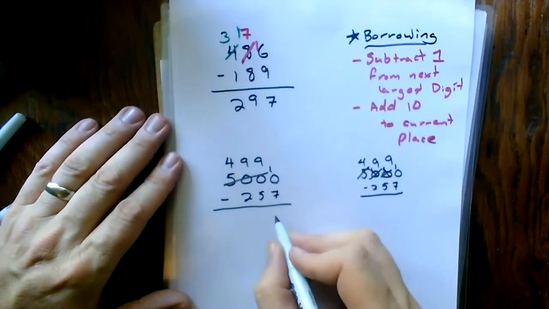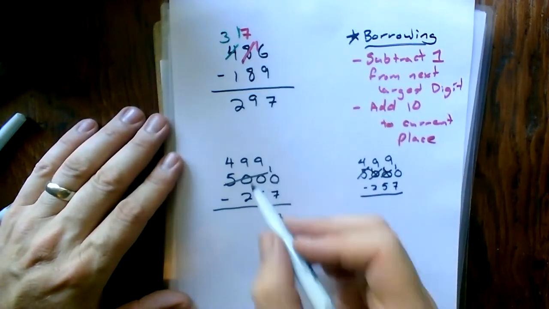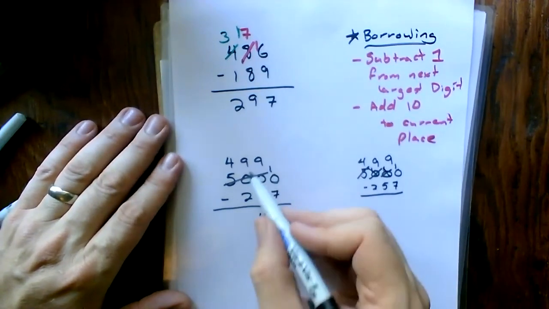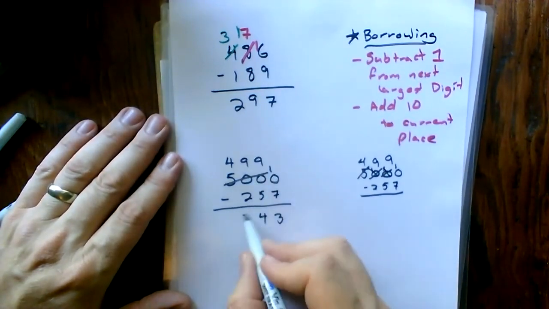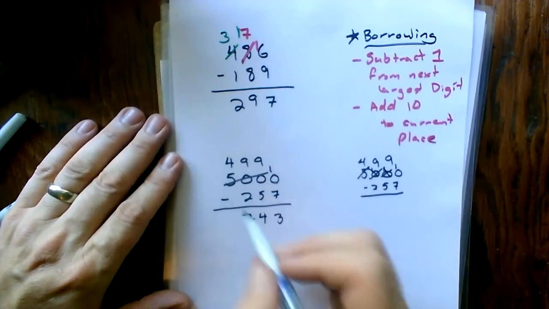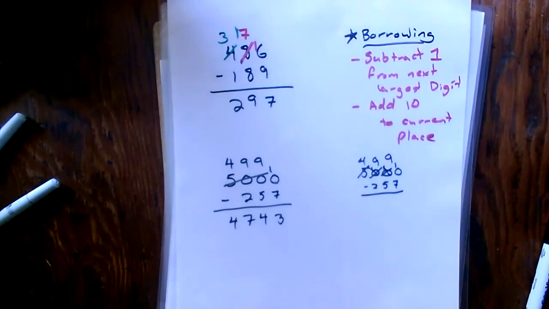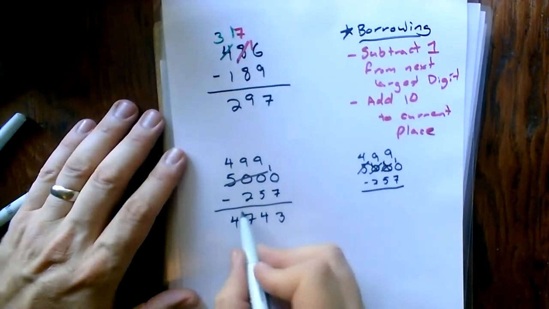10 minus 7 is going to be 3. 9 minus 5 is going to be 4. 9 minus 2 will be 7. And nothing below that 4 means that will just come down. So 5,000 minus 257 becomes